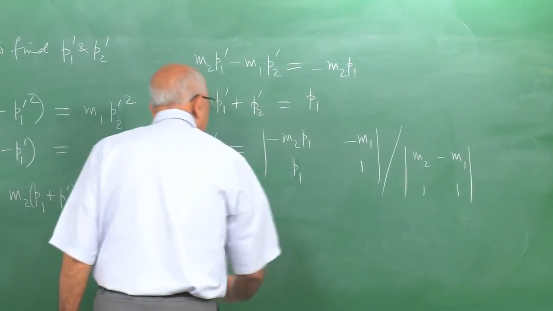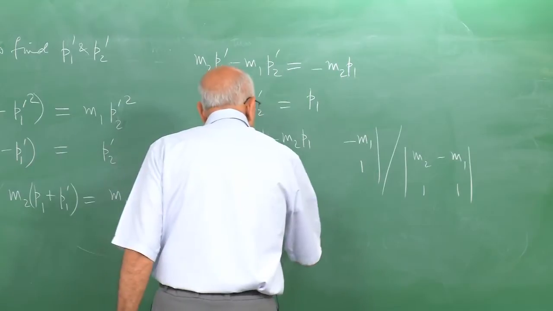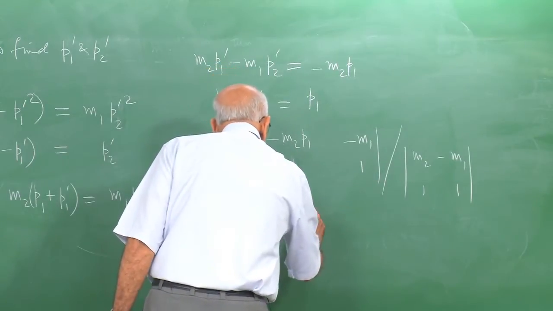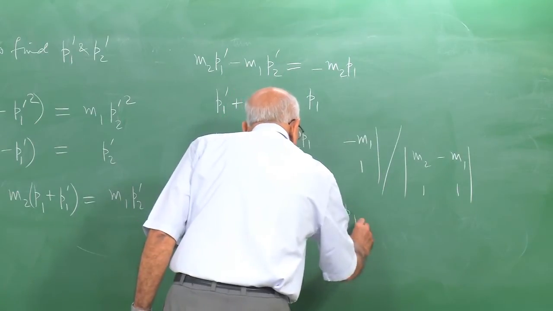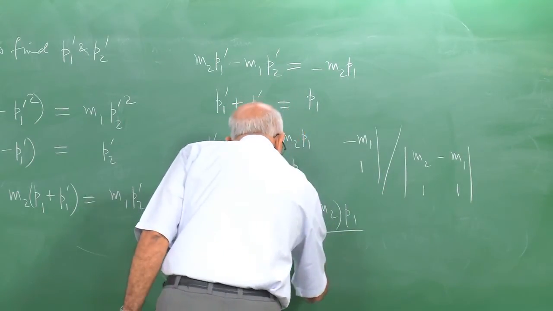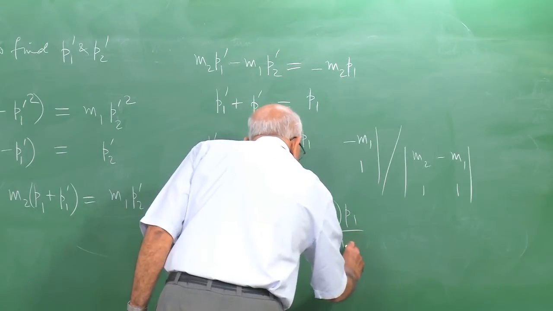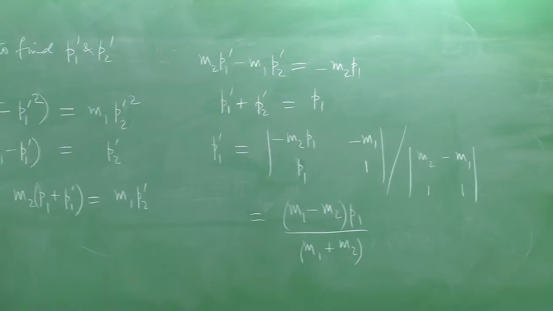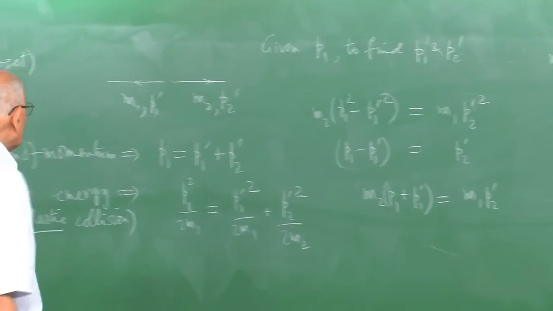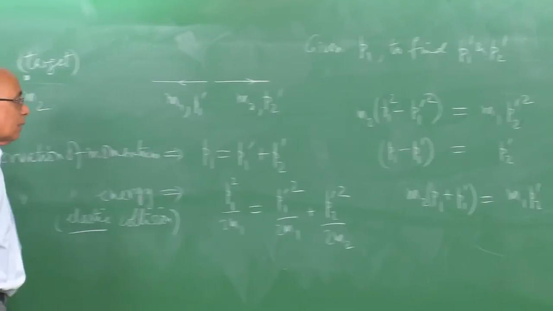So that immediately gives us (m1 minus m2) times p1 divided by the determinant, which is m1 plus m2, and that's the solution for p1 prime, which is intuitively very satisfying, because it says that if the masses are